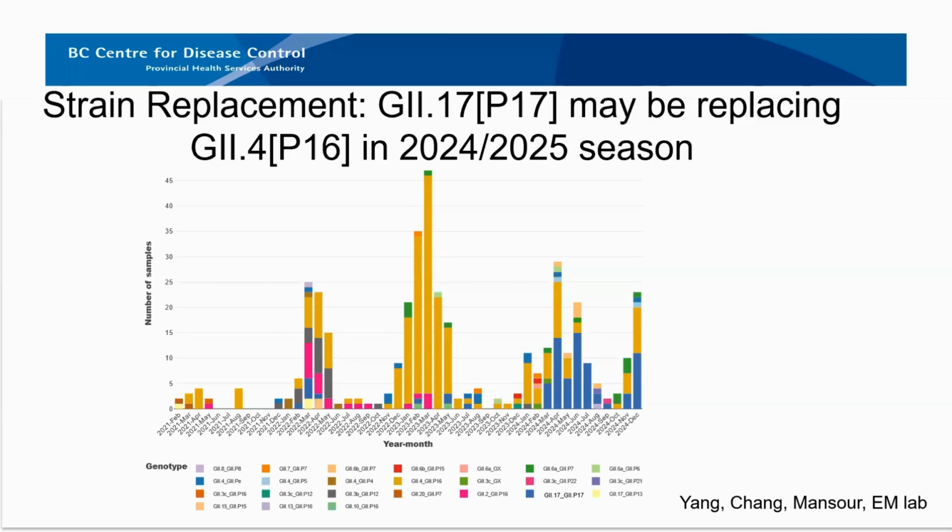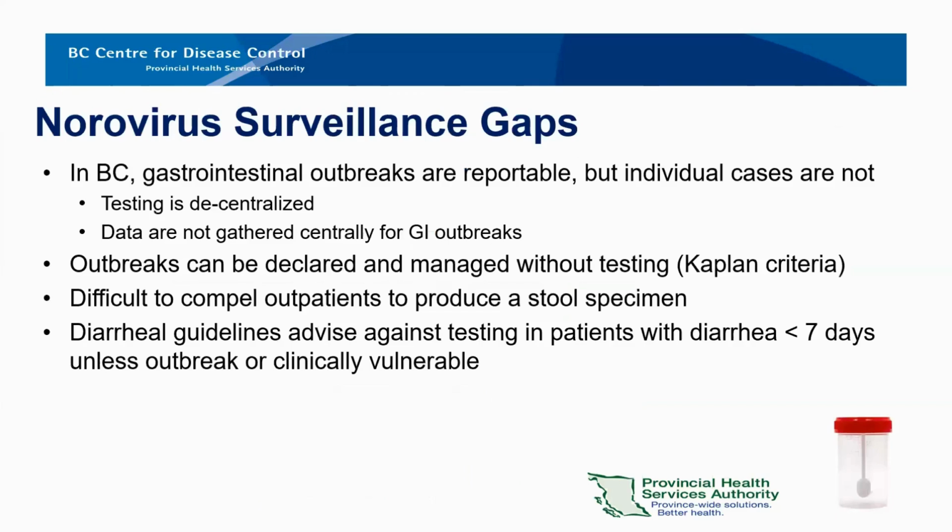The other thing to note is that this season that we have right now is a very big season here in the province, as you can also see in the wastewater. This is not the first time we've seen G217. We actually did see G217 in 2022. We saw a number of samples, but it wasn't able to outcompete other circulating strains. If you go to the next slide.